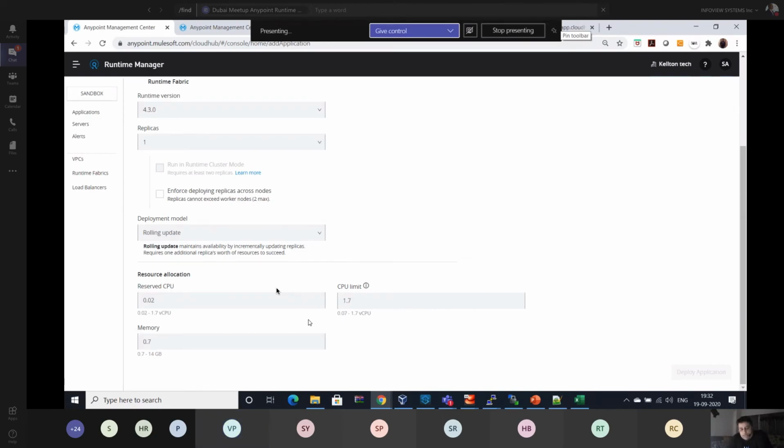It is called horizontal auto scaling and vertical auto scaling. We have granted that this much CPU will be available for this application whenever it's required. But as a minimum, if the services are not being used, 0.02 CPU will be reserved for this application.